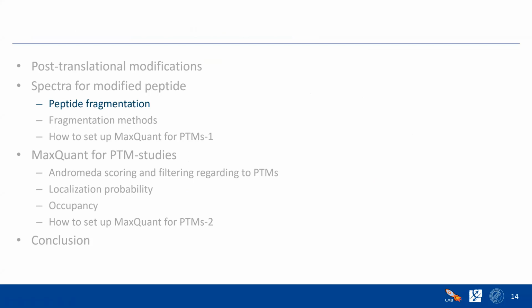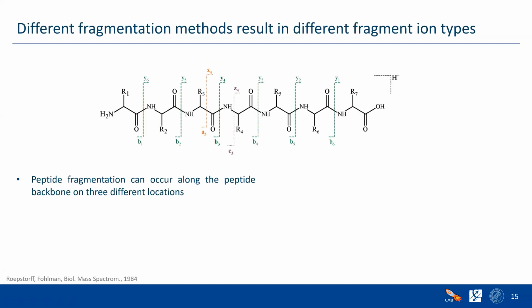So let's briefly talk about peptide fragmentation, because it also plays an important role computationally in how we identify the peptides. We know that peptides fragment along the peptide bond. In this example, we actually have 7 residues. On Monday, there were several talks that explained this in detail. But here, what we know is that the peptide cleavage can happen on the peptide bond,